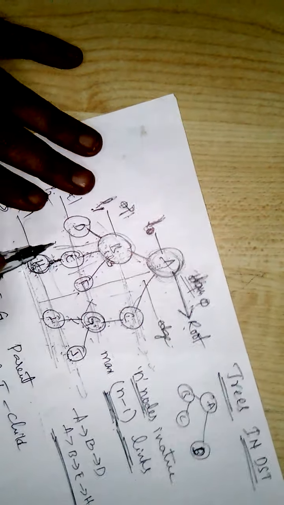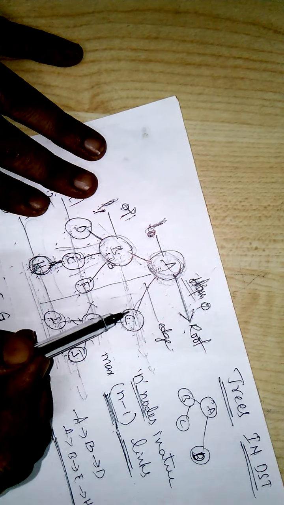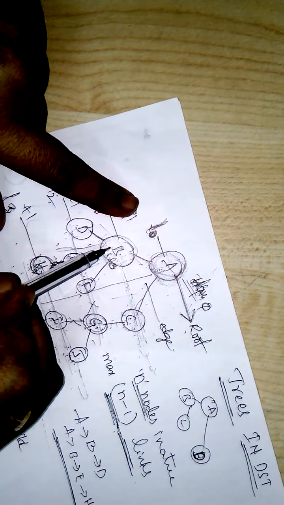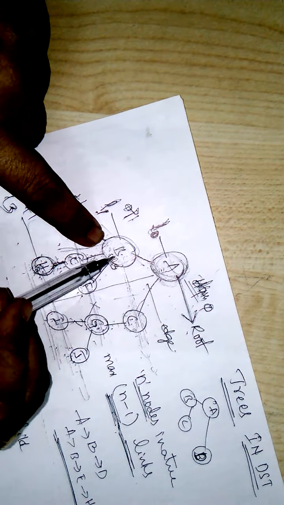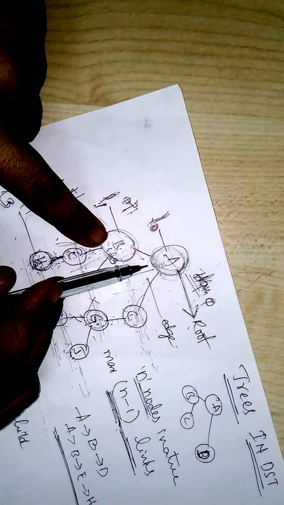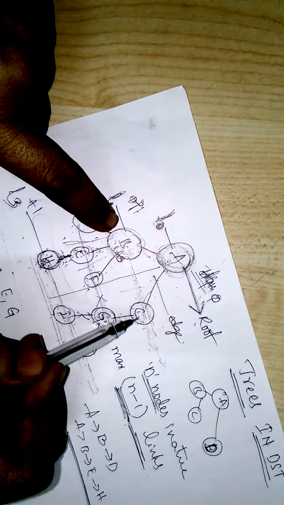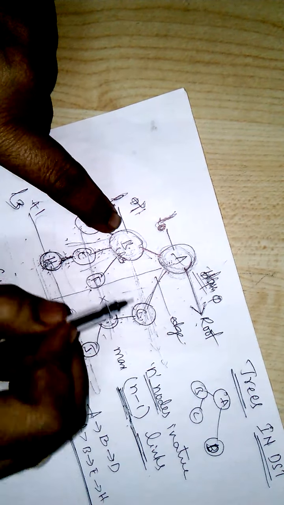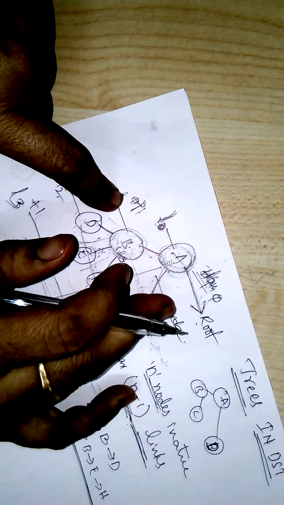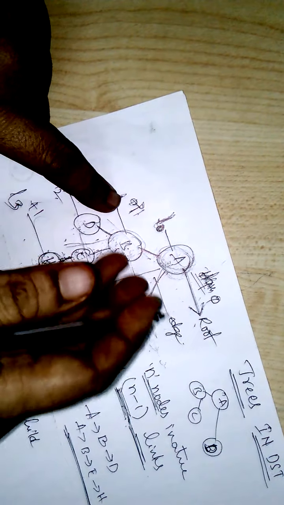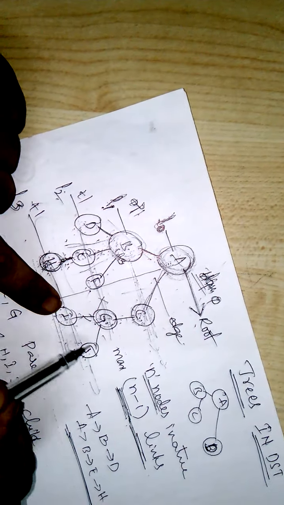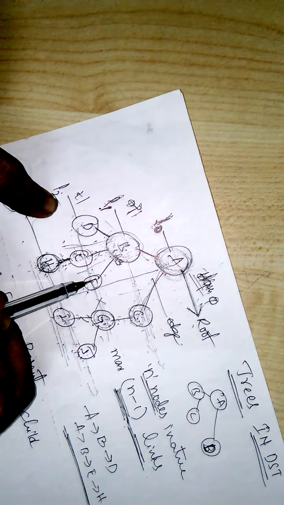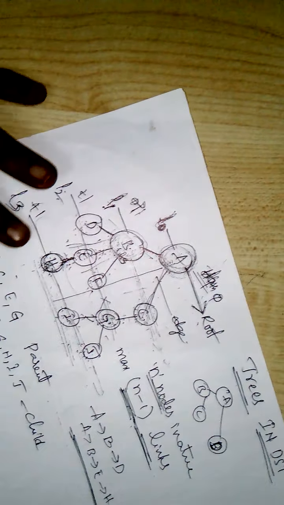Next, subtree. Every child node forms a subtree on its parent node. If we take B and C, they are children of the same parent A. So B and C are child nodes. B and C form the left of A and right of A. So B and C form subtrees, a left subtree and a right subtree. If we take G, 2 subtrees. If we take C, 1 subtree. If we take B, 3 subtrees. You can have more subtrees also. Okay, that is called subtree.